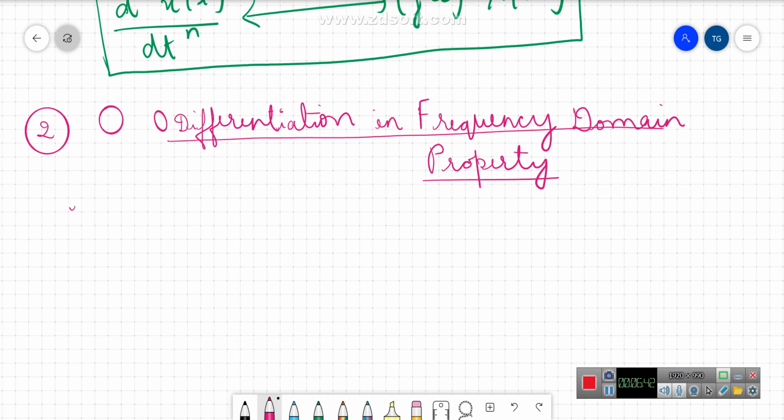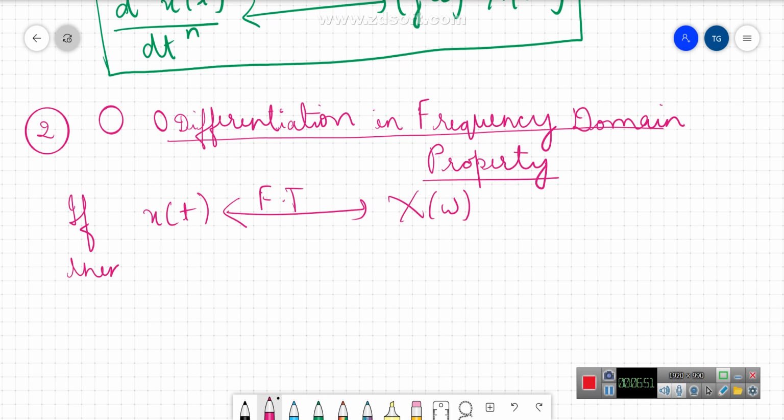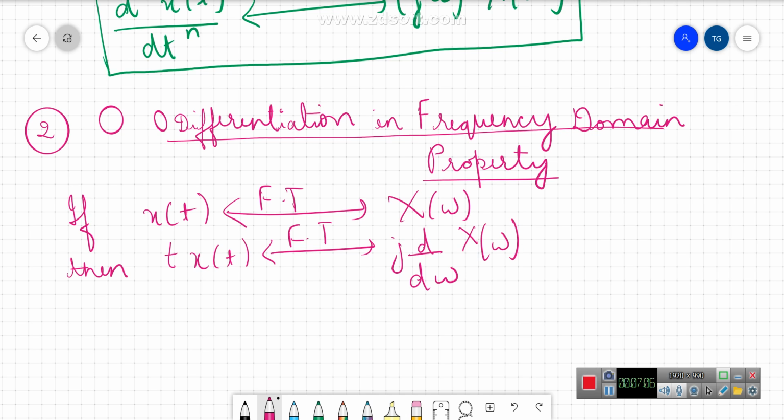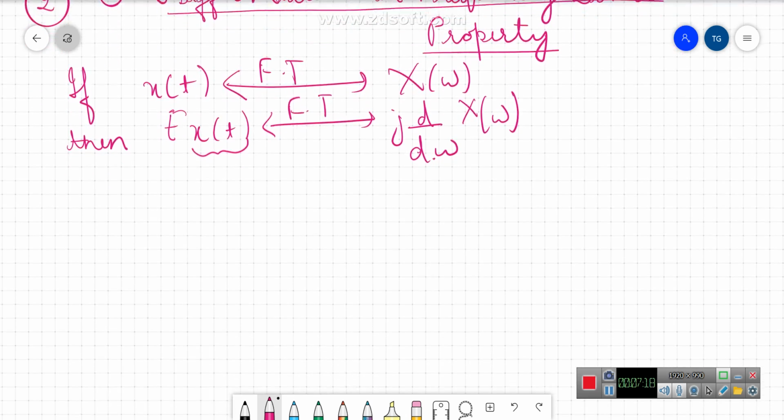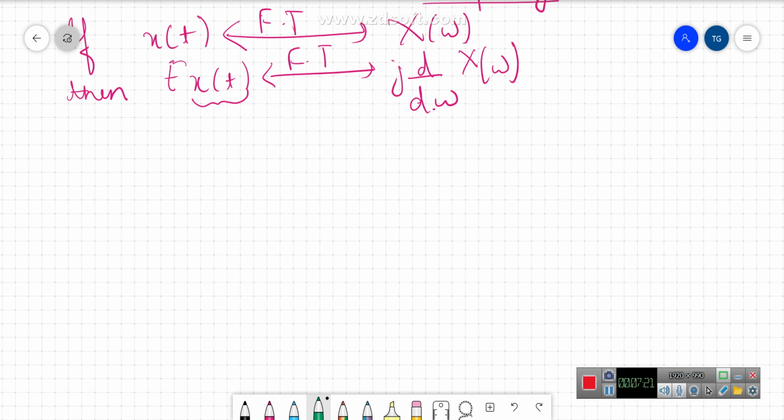So what does it state? If Fourier transform of x of t is X of omega, then t x of t, Fourier transform of this kind of signal is what? j d by d omega of X of omega. That is, in my frequency domain, if I am differentiating with respect to omega, then my time domain signal gets multiplied by a factor t. This is what we have to prove in this property. So proof of this is,